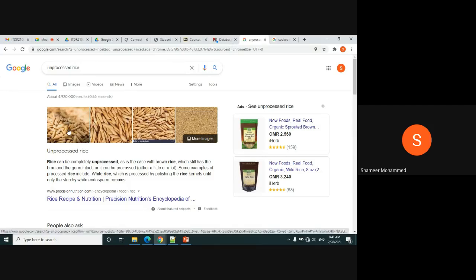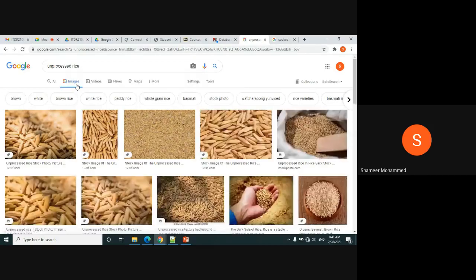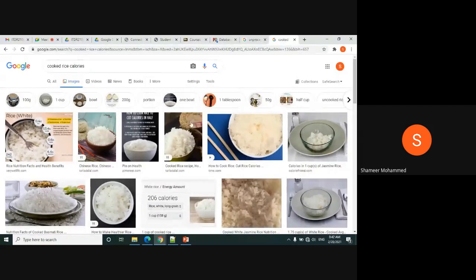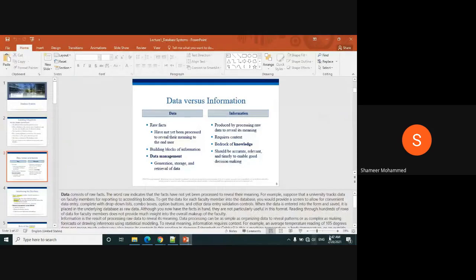So data is not having any meaning. So after you remove the skin and process it like this, then you will cook the rice and eat it. So here comes your actual meaning of this one.